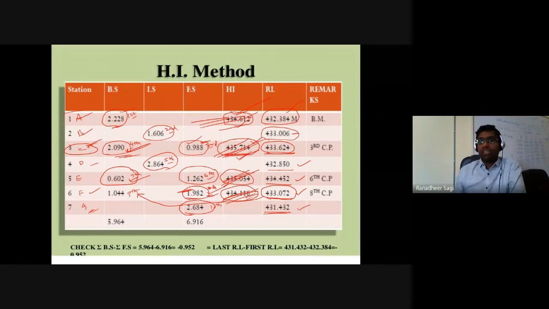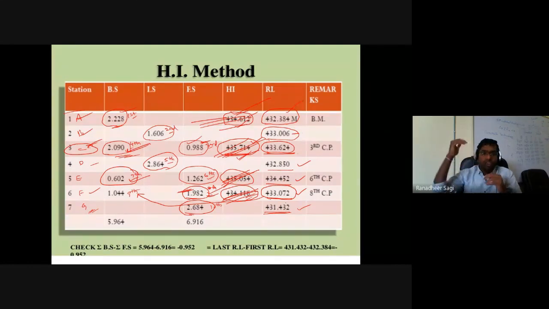Likewise, for the third point, to determine the RL value, we take the height of the instrument with respect to which this third point was taken, minus the staff reading at that third point. In this case, there is a shift in instrument at the third point position. Whenever there is a shift in instrument, you once again have what is called the backside reading at that third point with regard to the new station position.